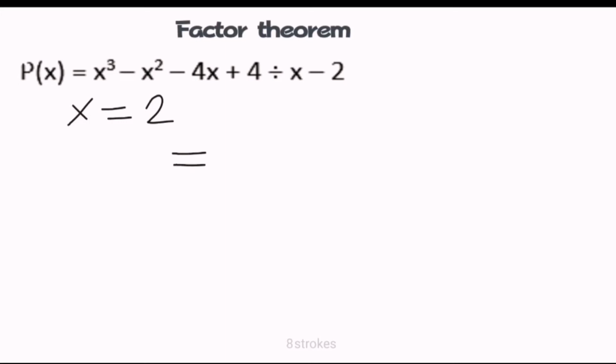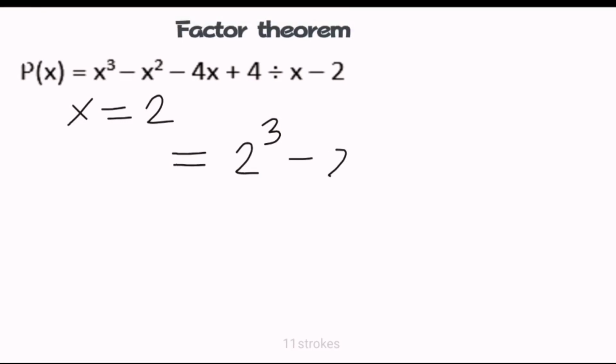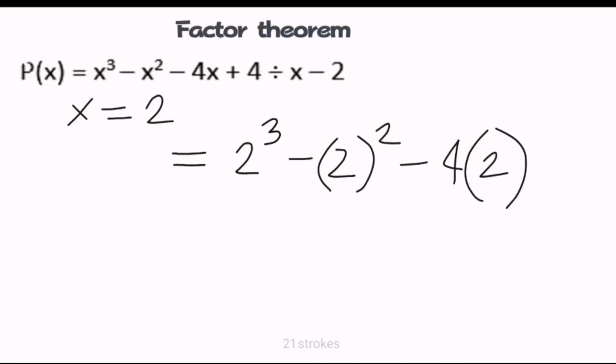So that will become 2 raised to the third power minus 2 raised to the second power minus 4 times 2 plus 4. So by simplifying, 2 raised to the third power is 2 times 2 times 2, or 8,